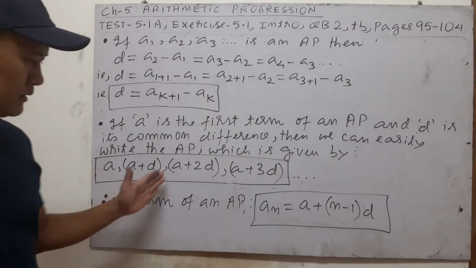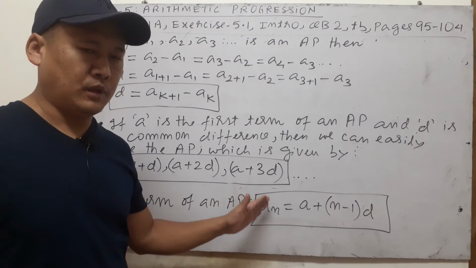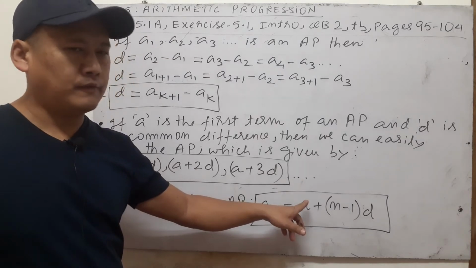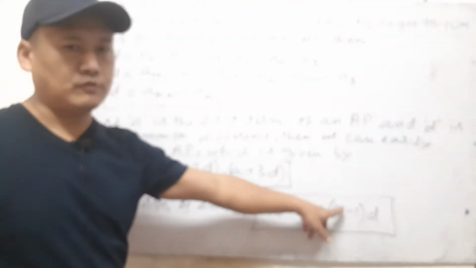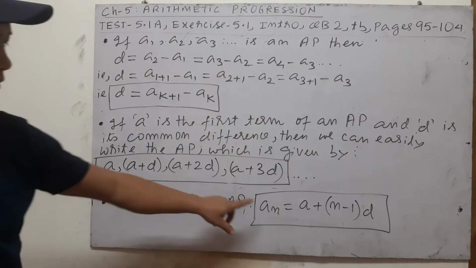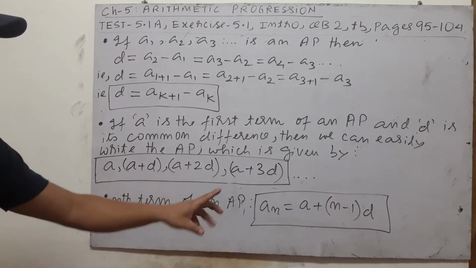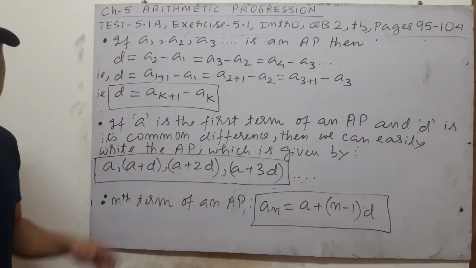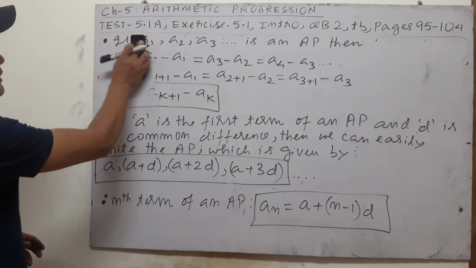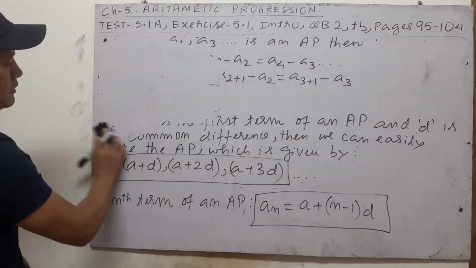And the nth term of any AP can be found by the formula an, the value of the nth term, equal to the first term plus n minus 1 into d, the common difference. So these 3 formulas, the ones in the boxes especially, are going to be crucial, because they're important in solving the numericals. So we'll now go to the exercise and go to question